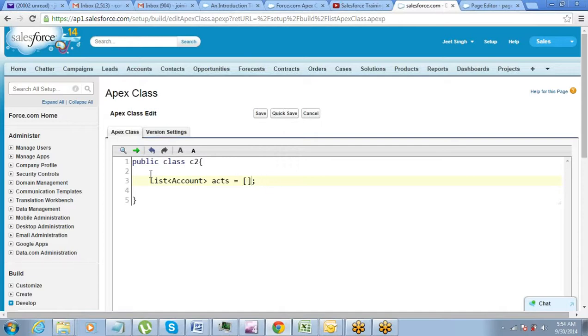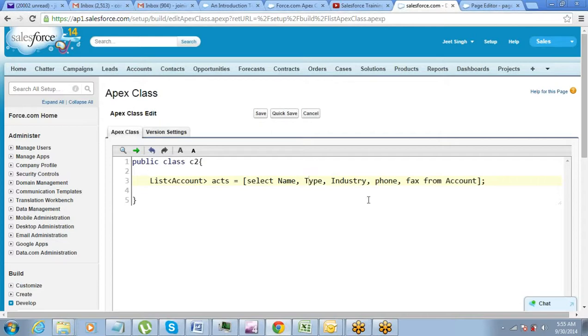So let me write an SOQL query here. Select name, type, industry, phone, fax, from account. That's it. So this is my SOQL query. This is a list, right?